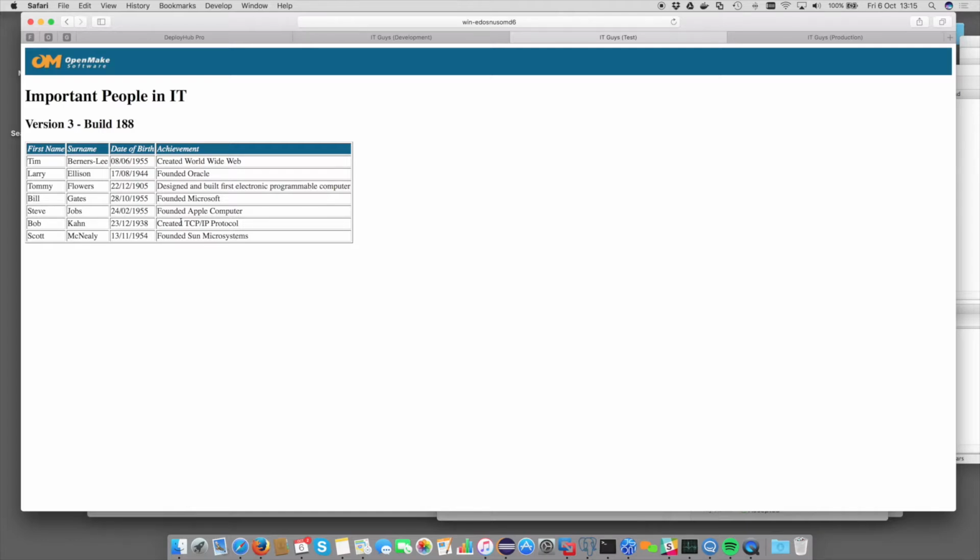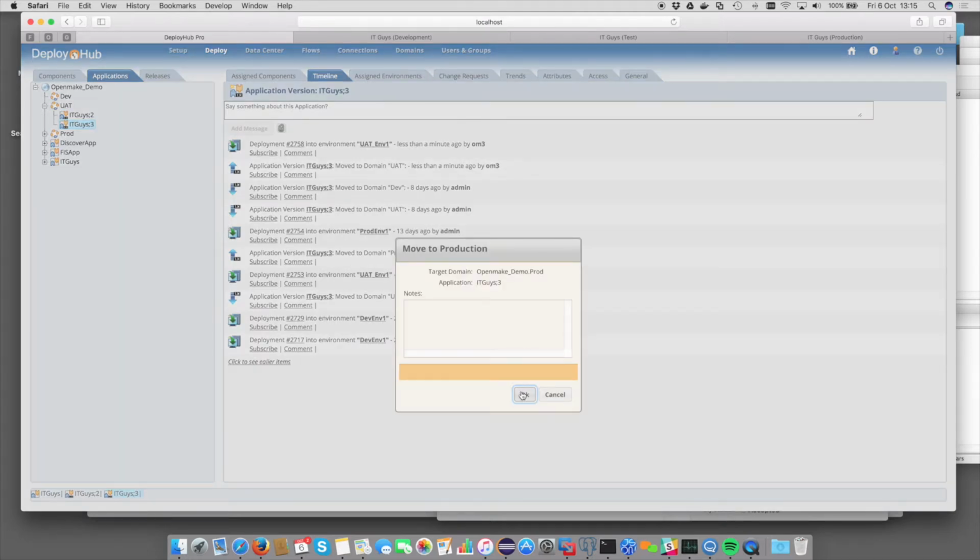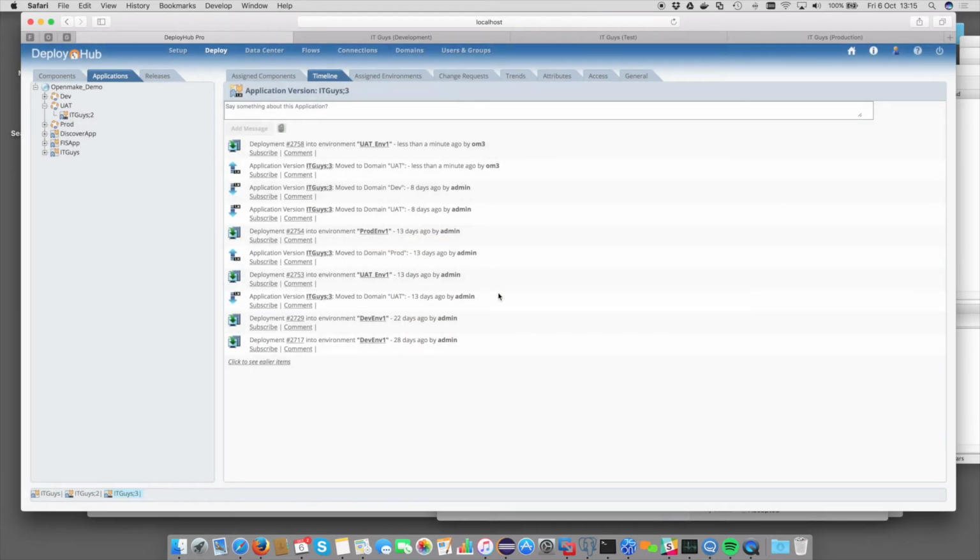So we've gone from V1 to V2, which added the date of birth column, and we've gone from V2 to V3 to add the achievement column. Now, that's great, that's what we want, that's now ready for production. So what I'm going to do is take version 3 and move it up to our production domain. And again, this would normally have either an approval gate on it or would trigger a notification to production support to say that there's a new version ready to go into production